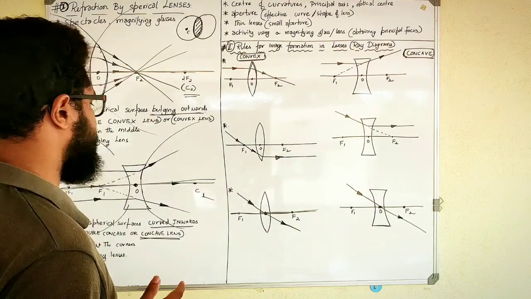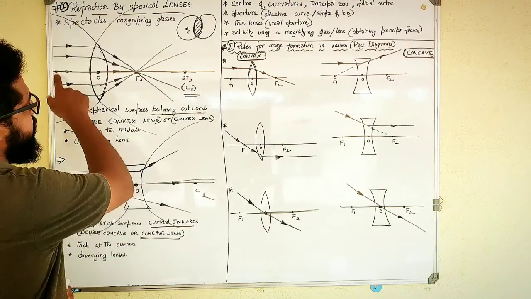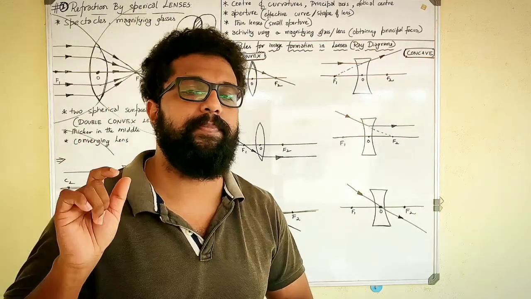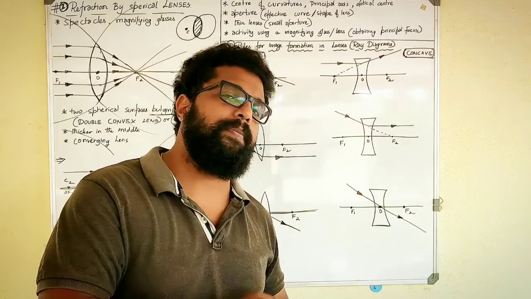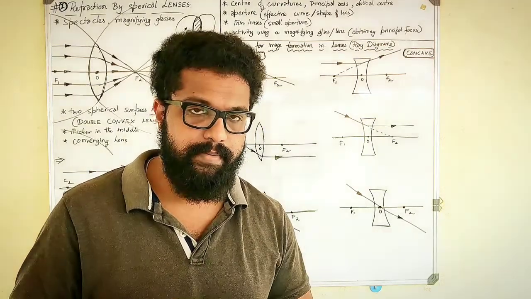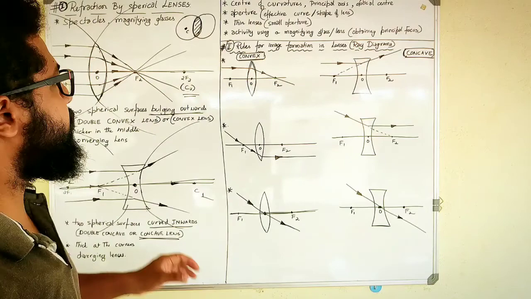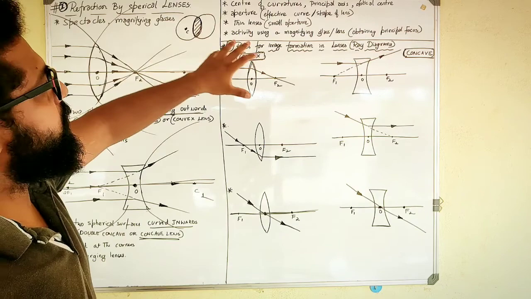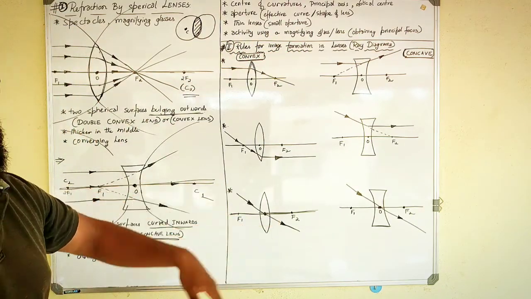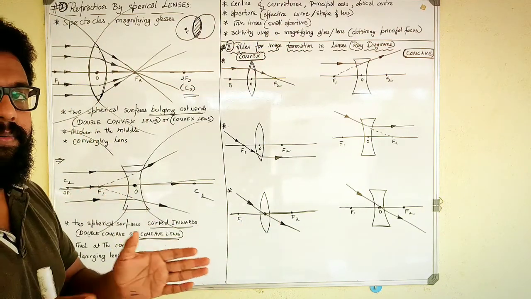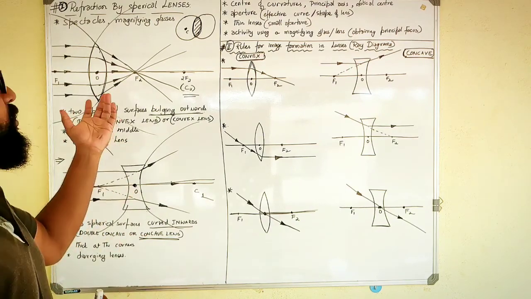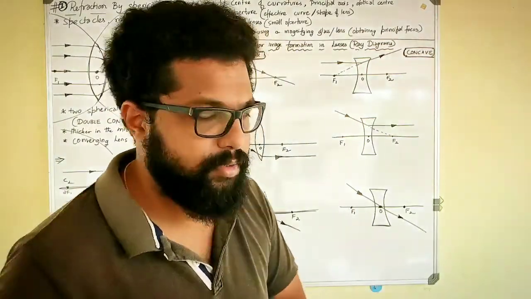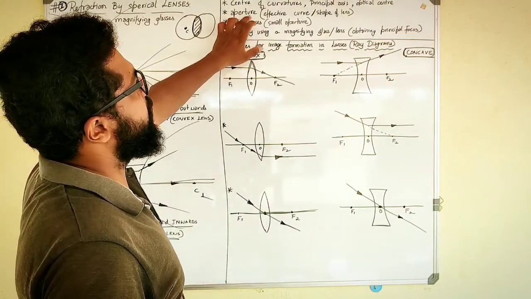So I can tell one thing, that if any light ray passes through the optical center, it will not undergo any refraction. You remember in mirrors there was something called pole. Pole and this optical center are much similar, not exactly the same, but they are similar. So remember that optical center is the centermost point of the lens, which is within the lens, whereas the principal axis is nothing but a straight line on which the center of curvature, optic center, all these points lie. And center of curvature is nothing but the center of an imaginary sphere of which the lens is a part. Okay, remember these three. The next thing is aperture.